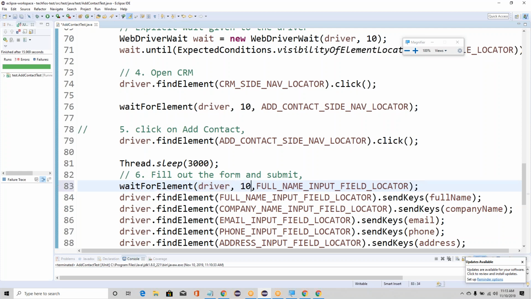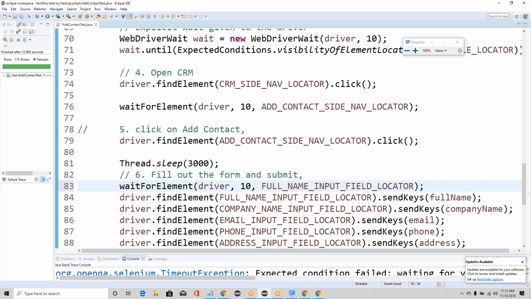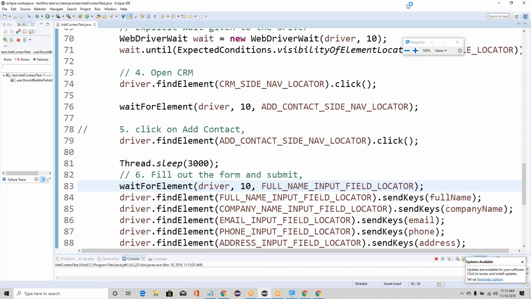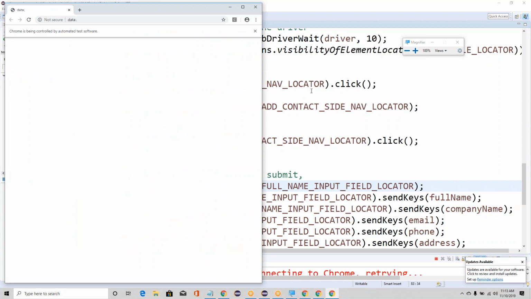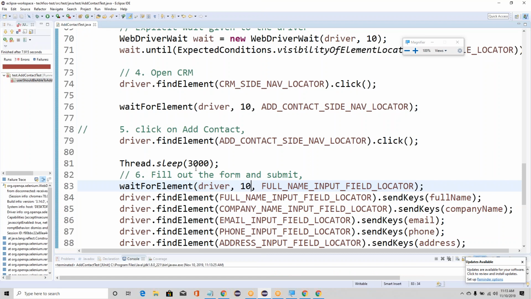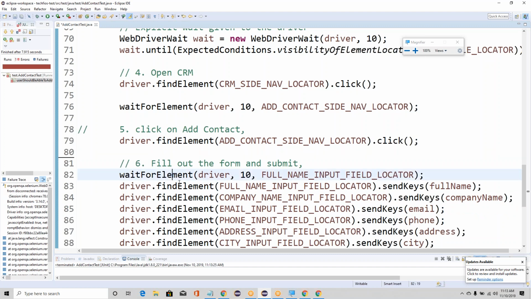10 seconds, fine. Control Shift F will align it. Now let's run it. Stop. Thread.sleep, we have to remove. You can close it actually. Alright, Control Shift L. I can get rid of this. Don't need it. But do use Thread.sleep to debug it